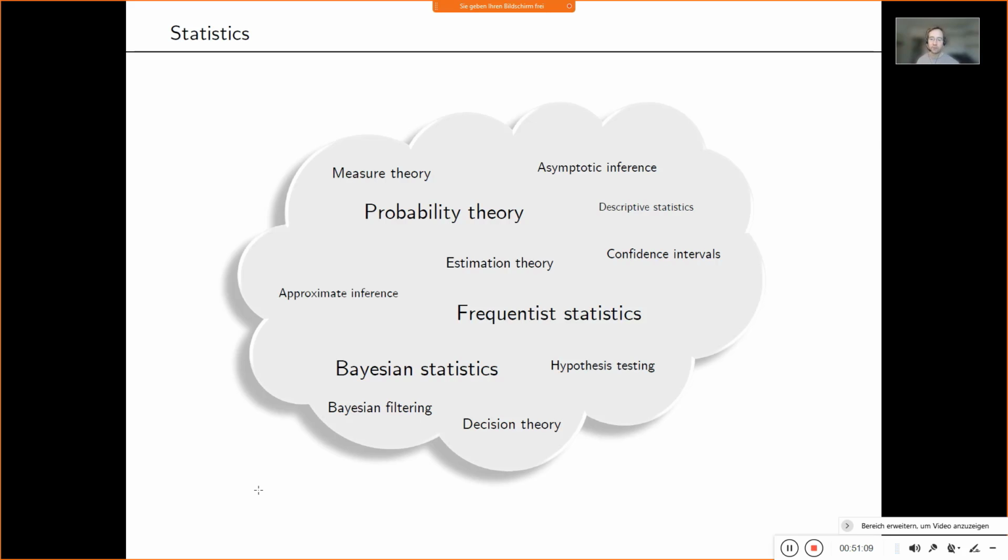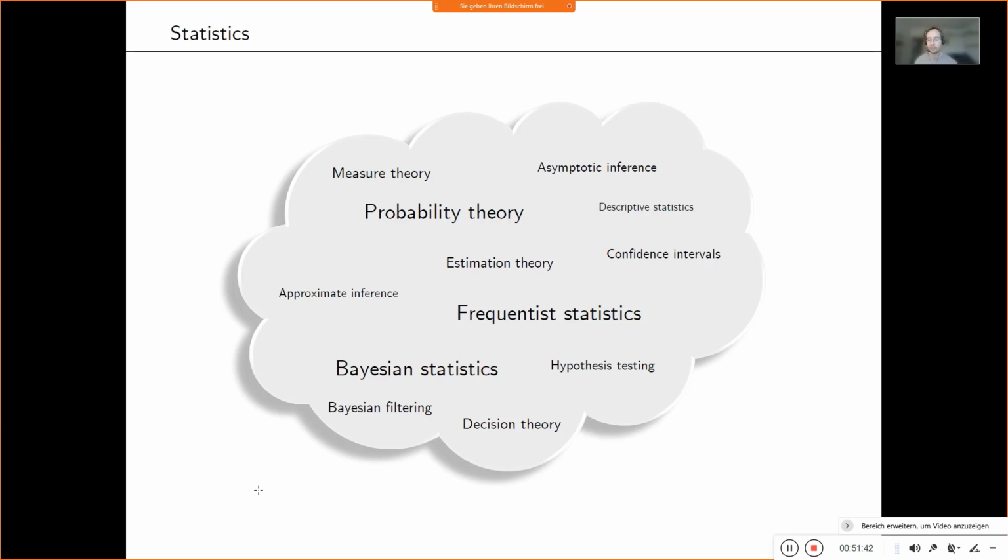Of course, probability theory is the basis for statistical inference, so it needs to be dealt with. And then there are things like hypothesis testing and confidence intervals, which most people in the behavioral sciences and maybe also the biosciences always think of when they think of statistics, because it relates to p-values and confidence intervals. Maybe they also think about descriptive statistics, which I find, okay, you can compute a mean. We don't have to spend many hours on computing a mean. The question is, why do we compute a mean? When is computing a mean sensible?